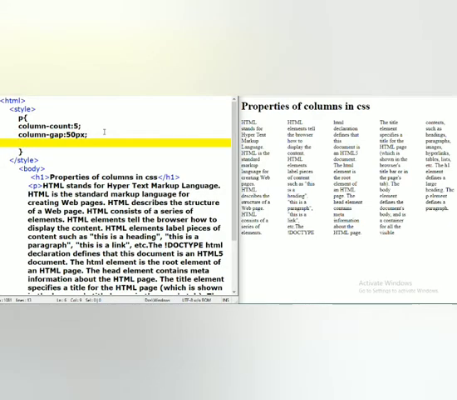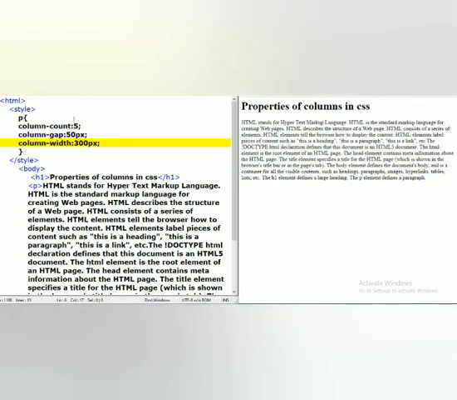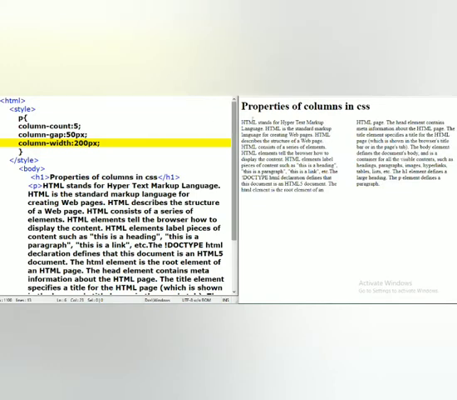Now I'm specifying a specific width for all the columns by using the column-width property. Here I am declaring 300 pixels. You can observe what difference happens if I apply column-width as 300. If I increase the width of these columns to 300 pixels, then the number of columns will be reduced. So I will declare 200. We can make out the difference. If I increase the width of these columns, the number of columns will be reduced.